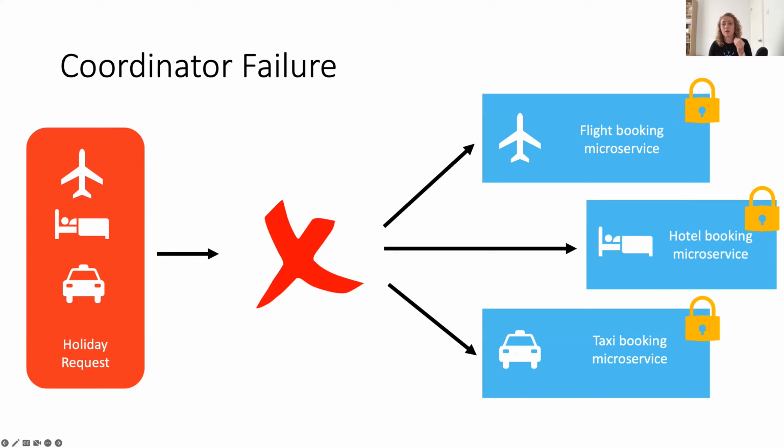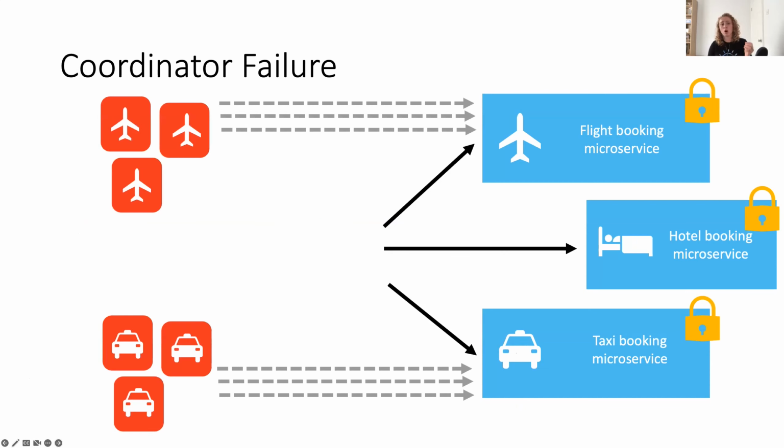And as well as that, you have the potential for that central coordinator to go down. Really, the onus of the transaction is on this coordinator node. So it can potentially become a single point of failure or a bottleneck within our application. If it goes down, your microservices might be waiting on a response back from it. They might still be locked. And if they are still locked, then other app resources or other transactions that are trying to access those same resources won't be able to because they are locked because of that strong isolation.